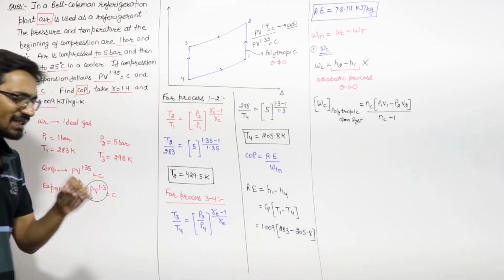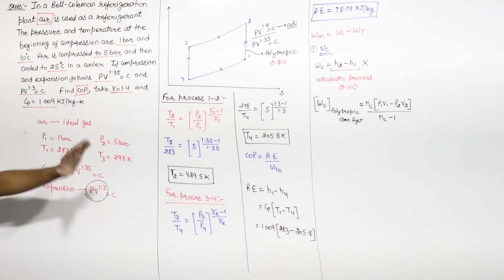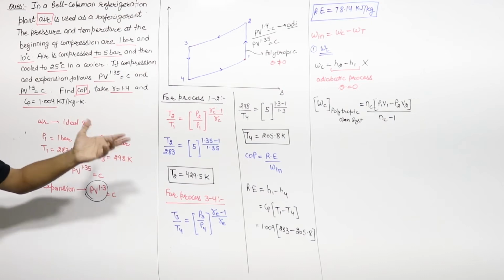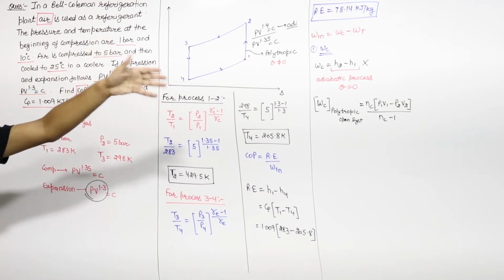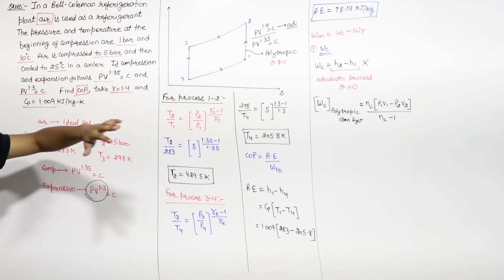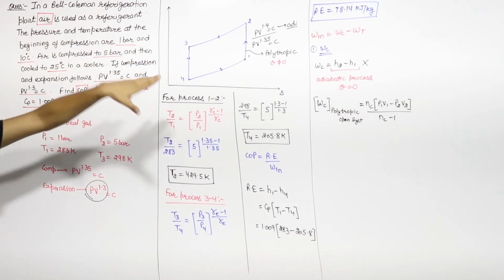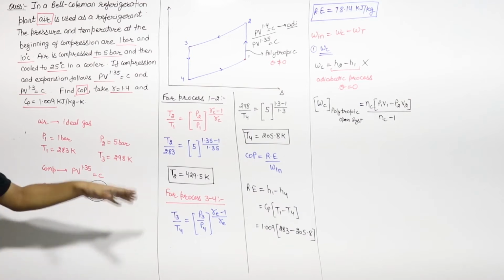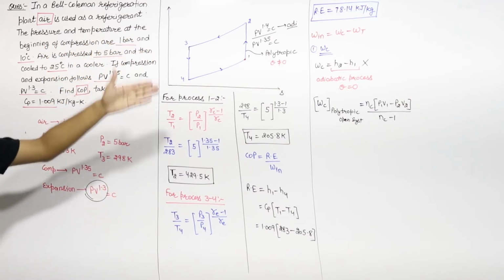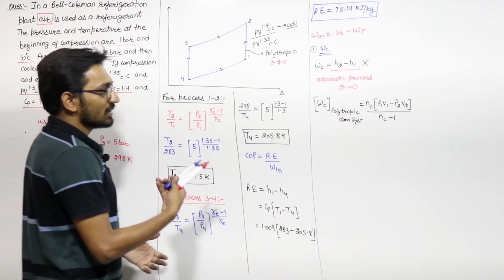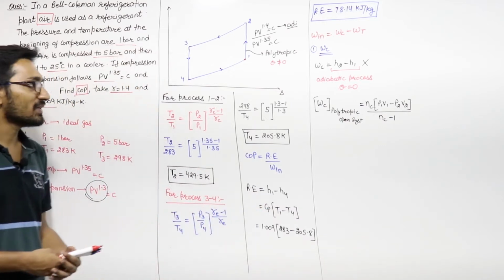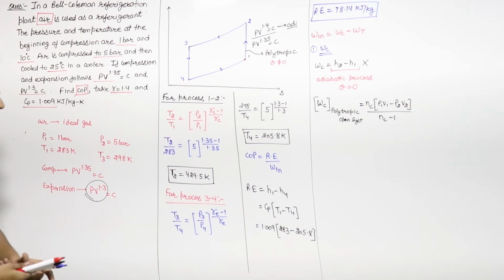These are the basics, a very good question. The students will make the mistake here. They are using (P1 V1 minus P2 V2) divided by n minus 1 directly, but we can't use that relation here because it is an open system if you take this compressor. I hope you understand. And what is the assumption of using this? Same, a reversible process. That must be a reversible process.